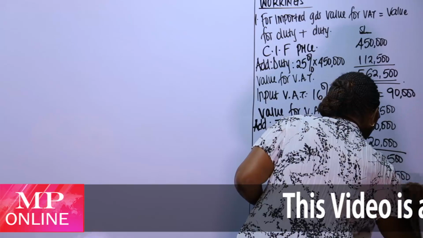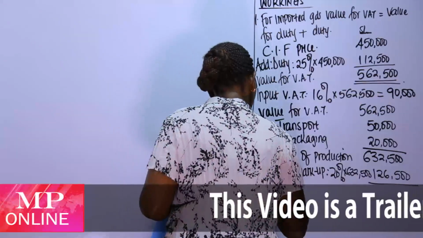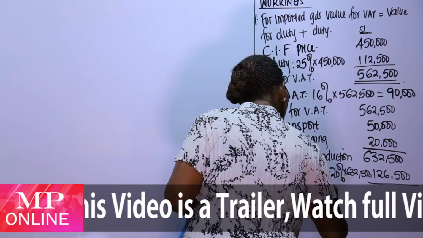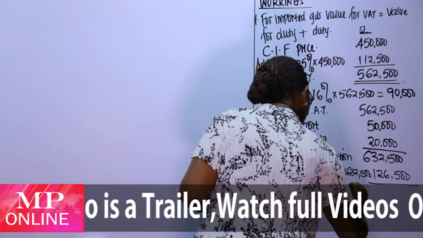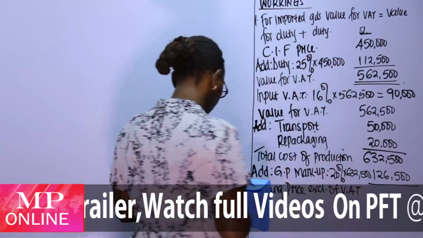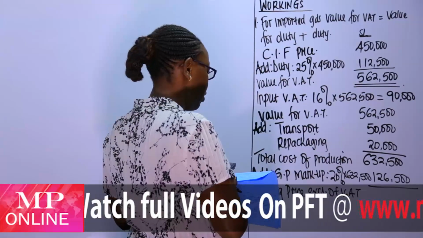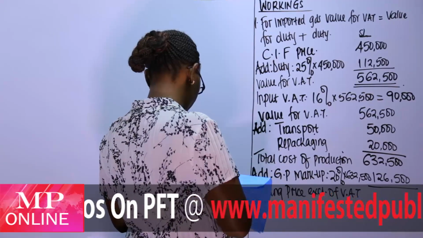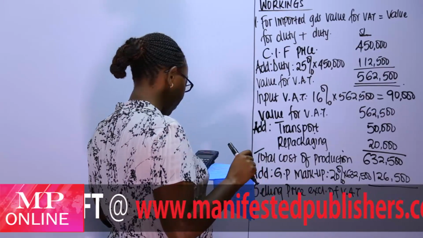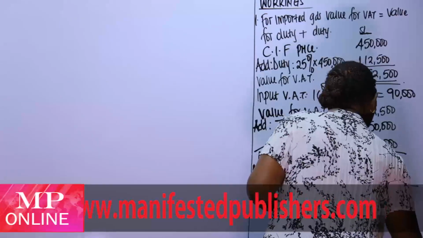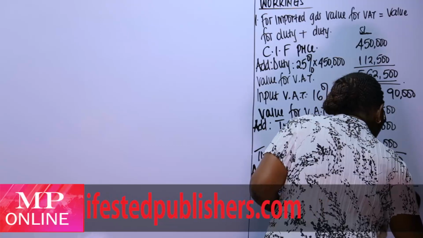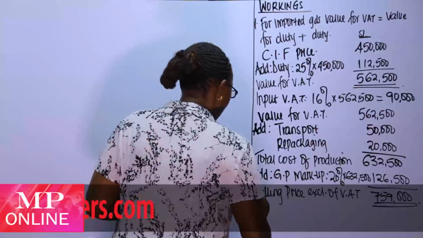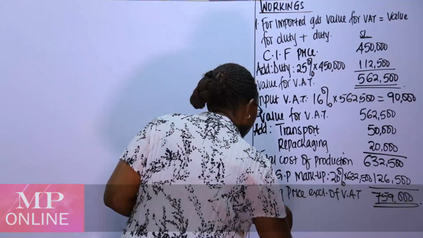So as at that point, the selling price exclusive of VAT is, we add the two, 126,500 plus 632,500, 759,000. So on that, output VAT